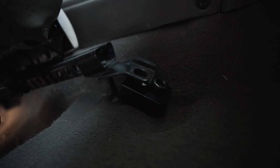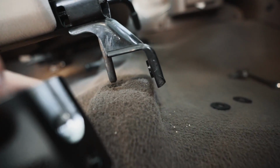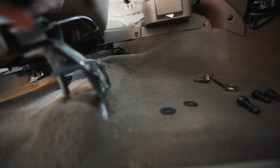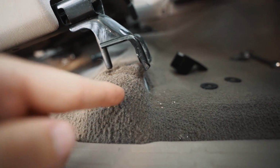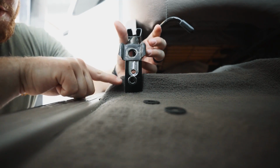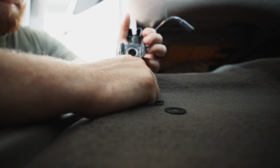So now that we have this one lightly threaded in, it's time to move over to this other side where we have this one that'll fill this gap right here. And again, the long bolt is what we're going to use to thread it into the body of the truck. So we're going to go ahead and set this in here, and we're going to tighten this one down a little bit,